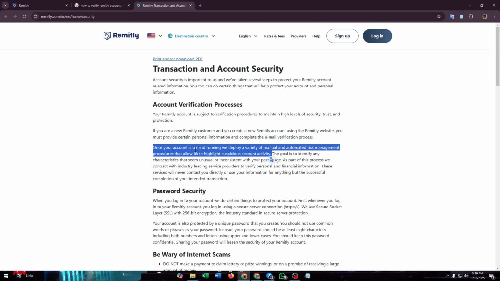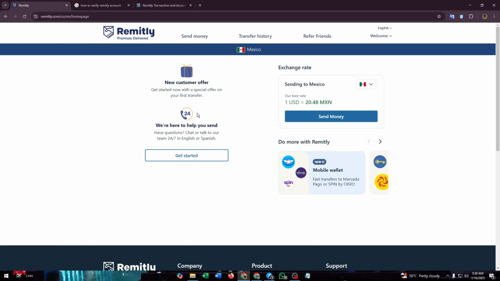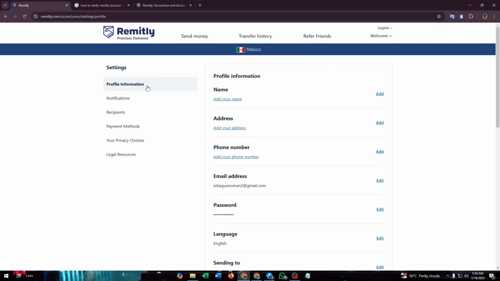That means the verification process will be held from the company itself, and they will manually and automatically verify you and your information and your identity. As part of this process, we contract with industry leading service providers to verify personal and financial information. That means they will verify your personal and financial information gradually according to your activity. After a certain transaction, they will verify your information and your financial information, your fund source and your